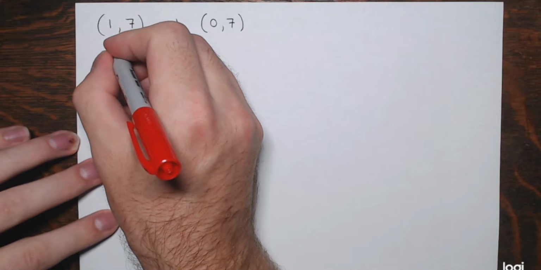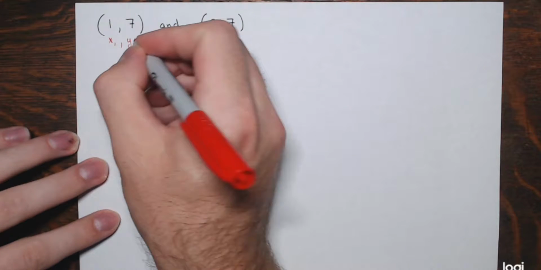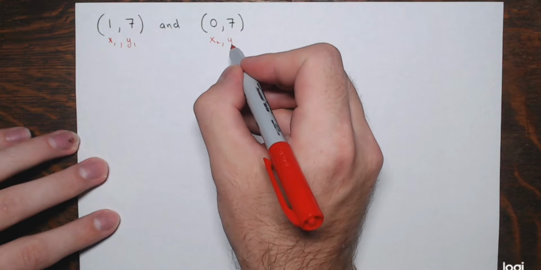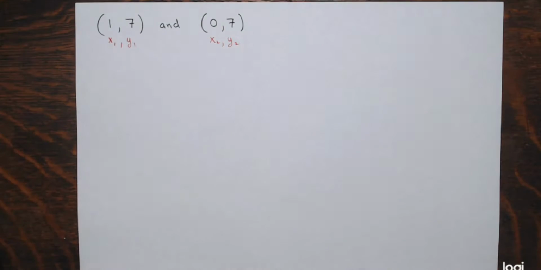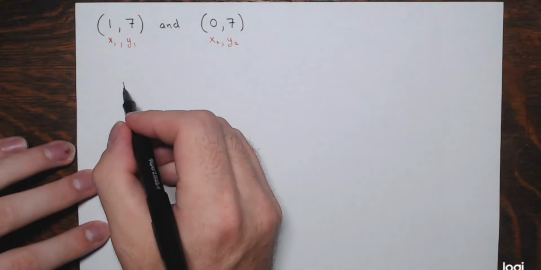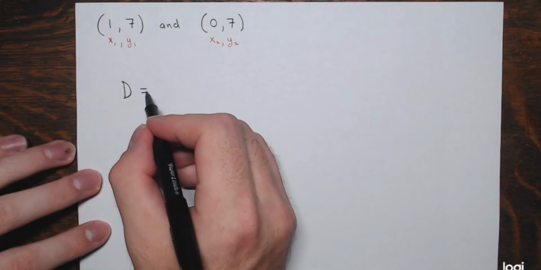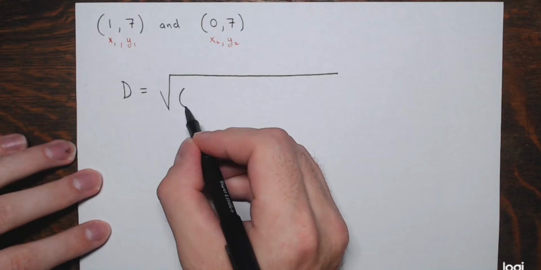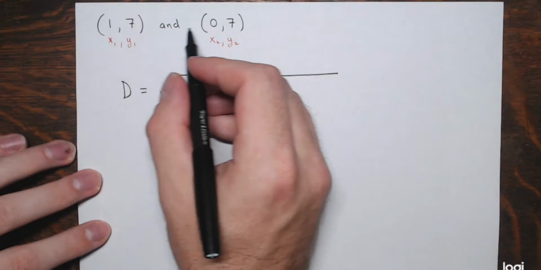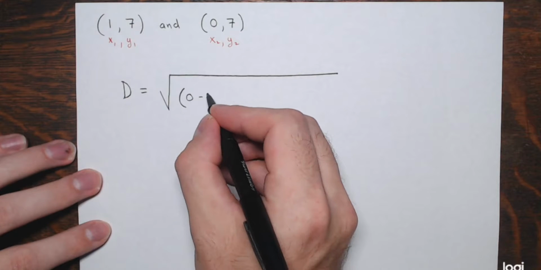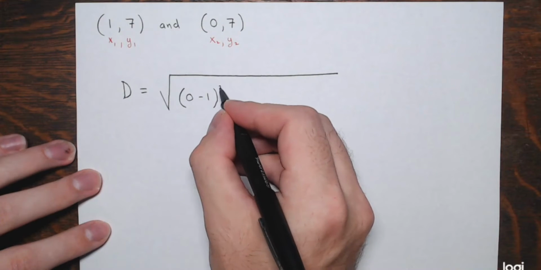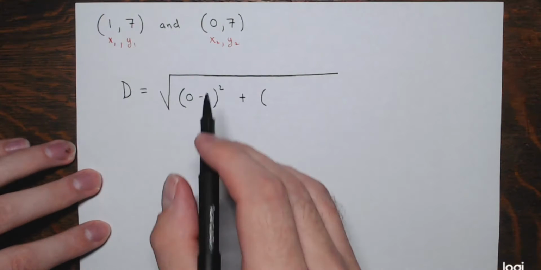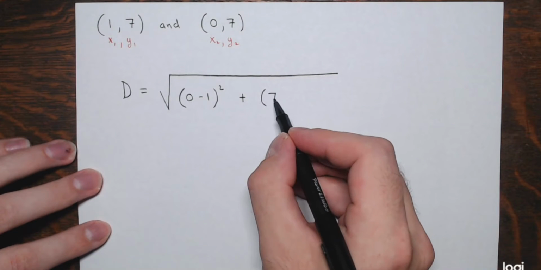The first point has coordinates (x1, y1). The second point here has coordinates (x2, y2). And then we'll go through the formula, right? The distance between them is simply the square root of the difference in the x coordinates squared, so (0 minus 1) squared, plus the difference in the y coordinates, (7 minus 7)